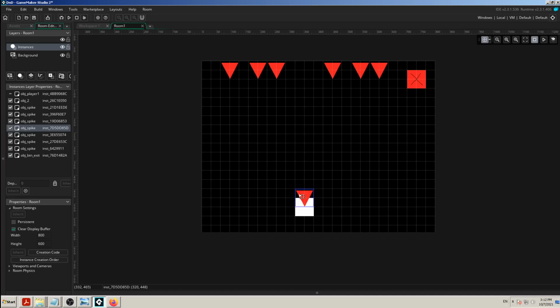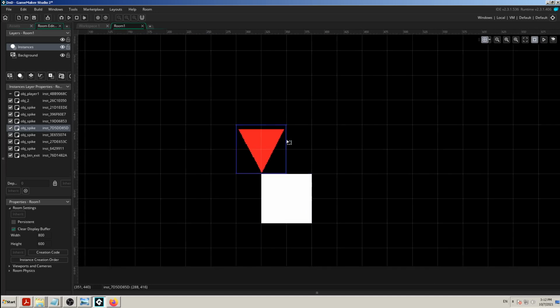So two objects collide on the screen like this. The red triangle is colliding with the white square like this. When they are not touching, they are not colliding. And there are a few important issues with that. We can see when I click on these objects on the screen,